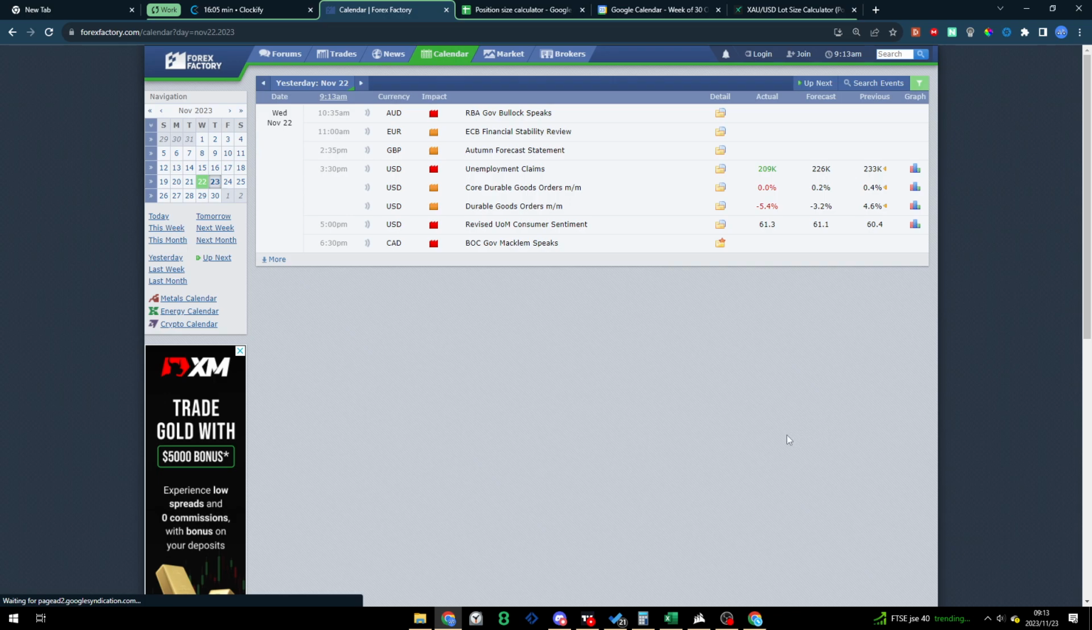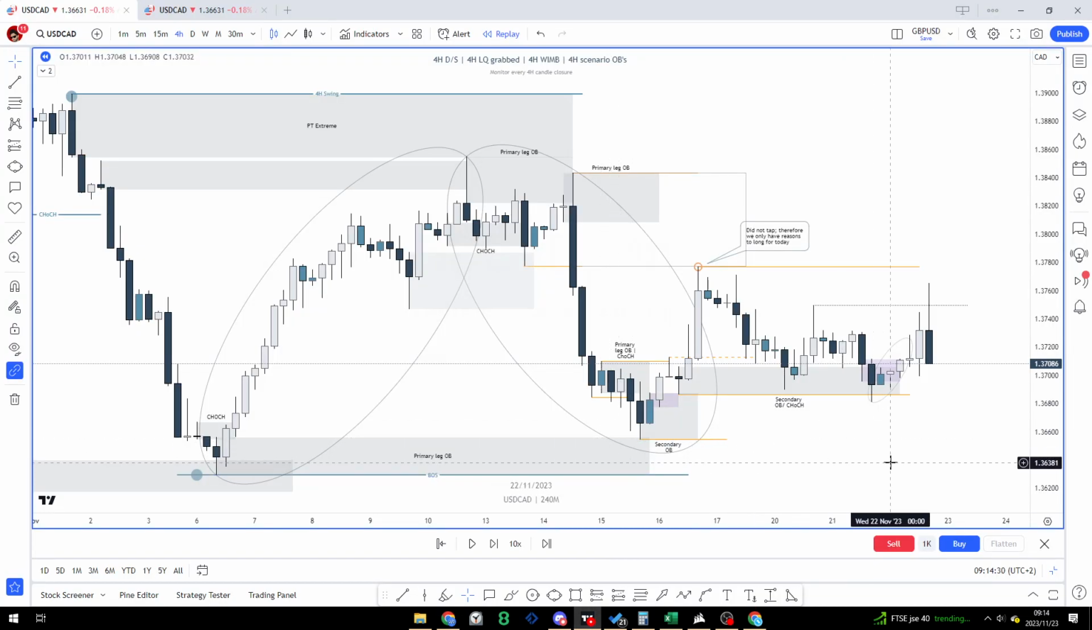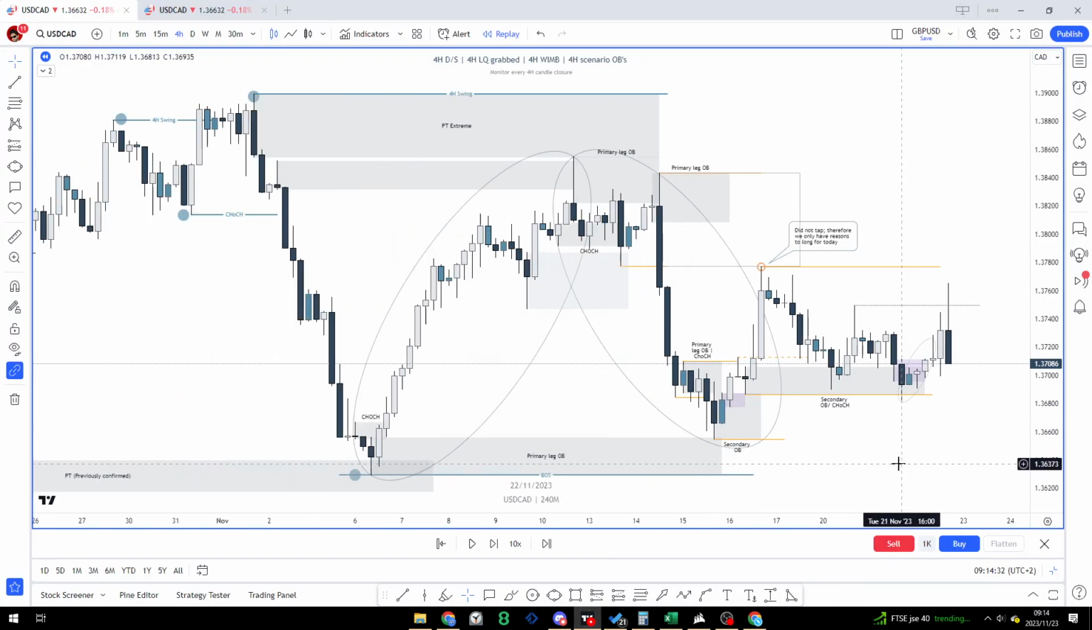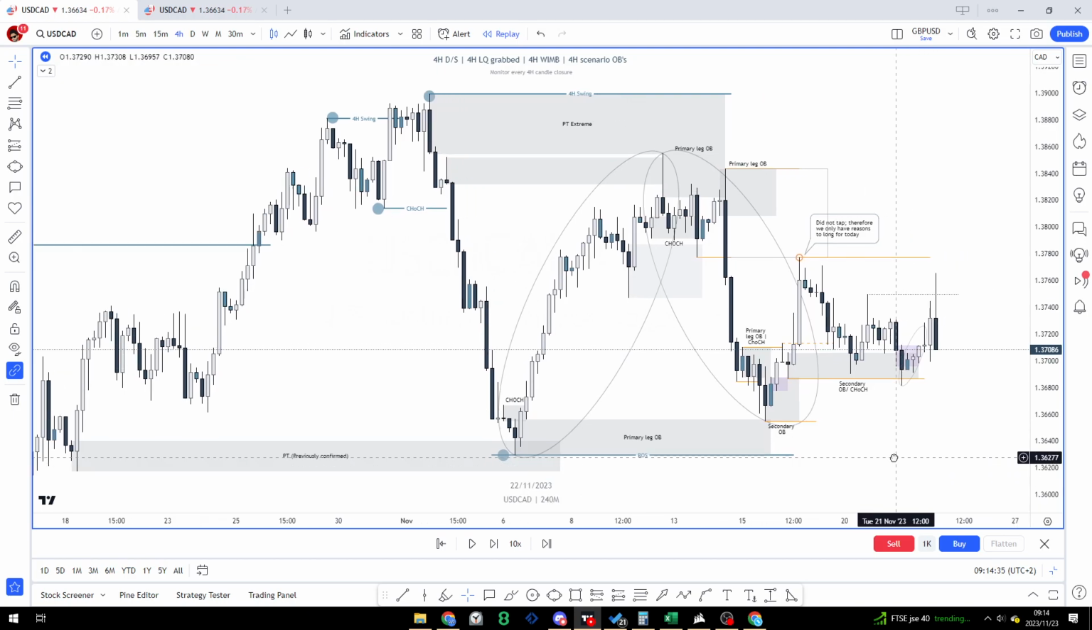Looking over the news releases for the day, bearing in mind that I traded USDCAD during the London lull towards the New York session. What you can see is the relevant news that affected my trade was unemployment claims and then revised UOM consumer sentiment. Both of these news releases were positive for the USD and were aligned with the trade that I was in at the time. Going through the live analysis for USDCAD, starting with the 4 hour, essentially just to recap,